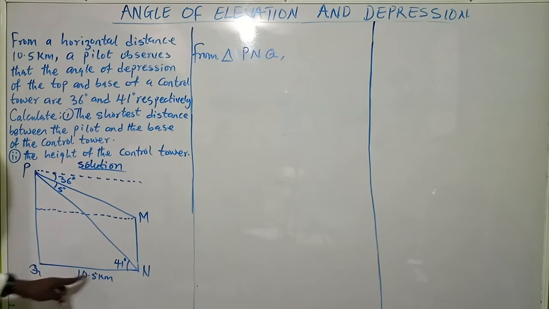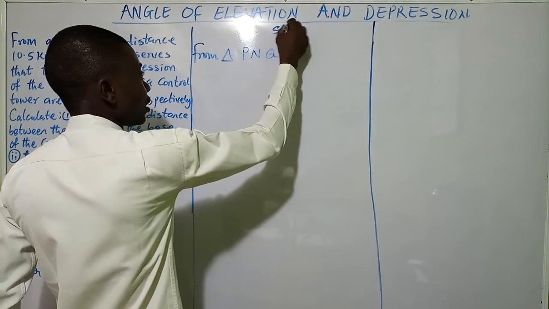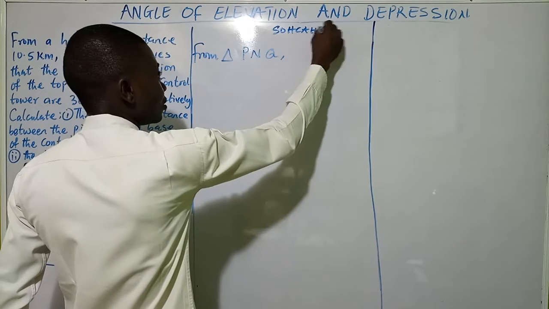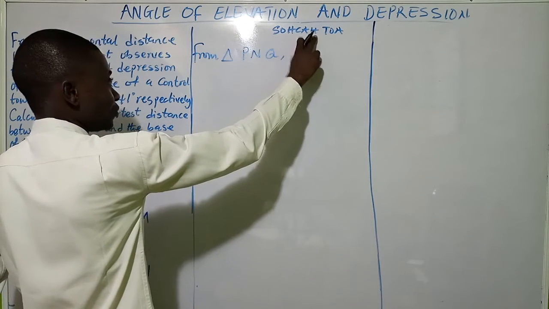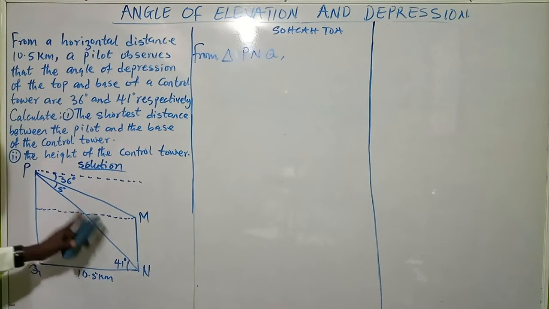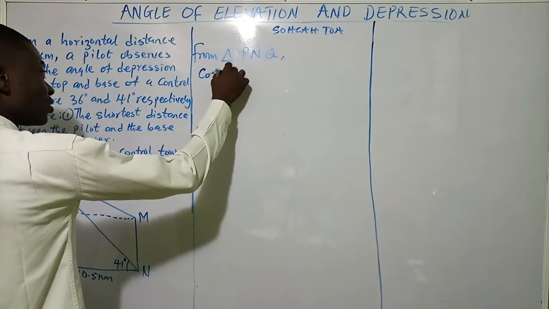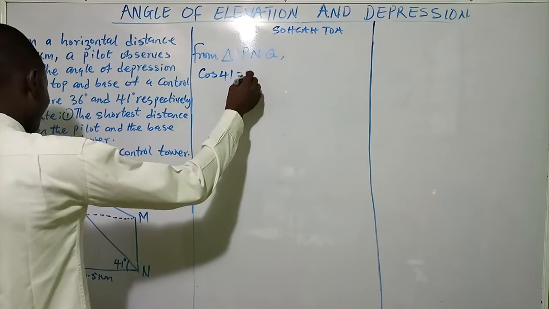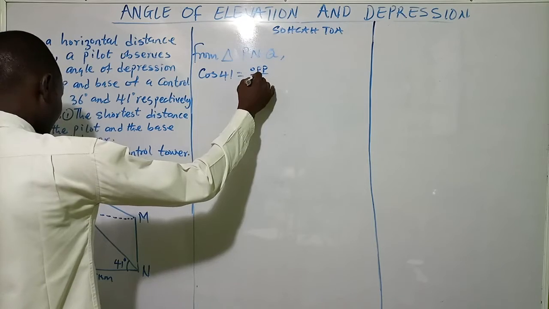now I know the adjacent. I'm looking for the hypotenuse. So that means I'm going to use cos. Remember from our SOHCAHTOA, if you are given the adjacent and you are looking for the hypotenuse, you use cos. In this question, we have the adjacent and I'm looking for the hypotenuse. So I'm going to use cos. Now cos 41 is equal to adjacent over